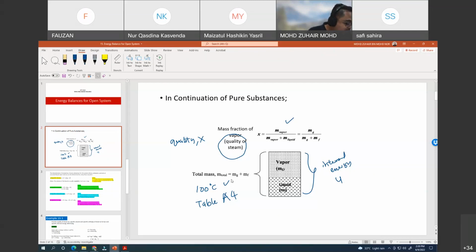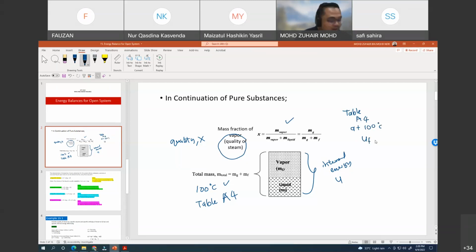Okay, how much is the specific internal energy for water and liquid? Got it? Okay, let me just list it down here. It's difficult to open this. Okay, table A4. Table A4. Okay, so the internal energy at 100 degrees C,